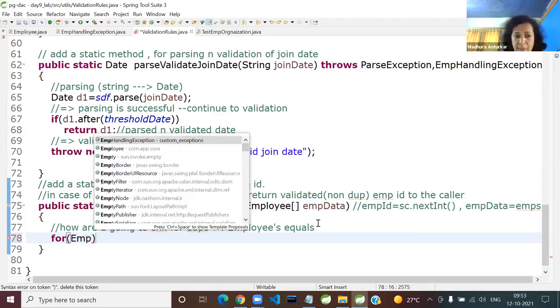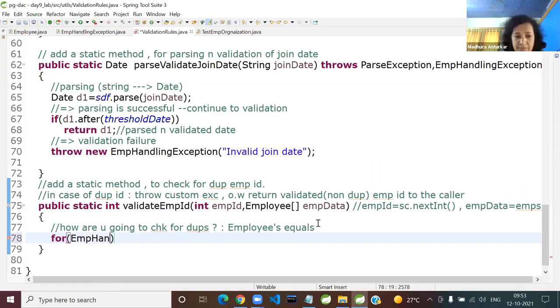For each employee, employee E in, what will be the argument here? What will be the argument? E in what? EMP data, which is a copy of EMPS. So EMP data is pointing to the same array. So continue. So EMP data,